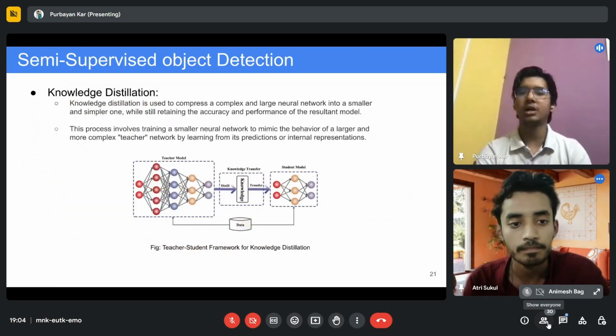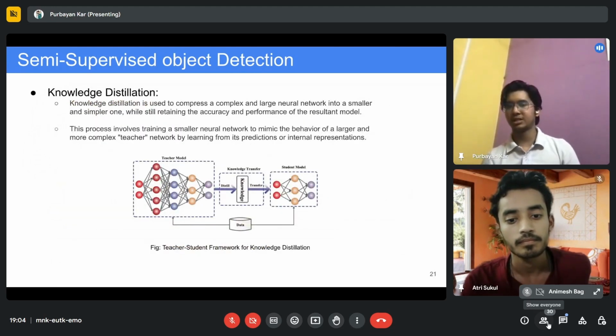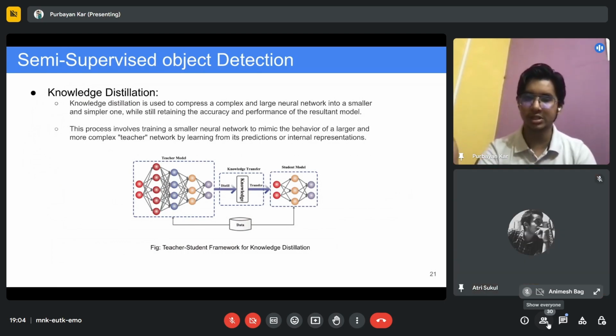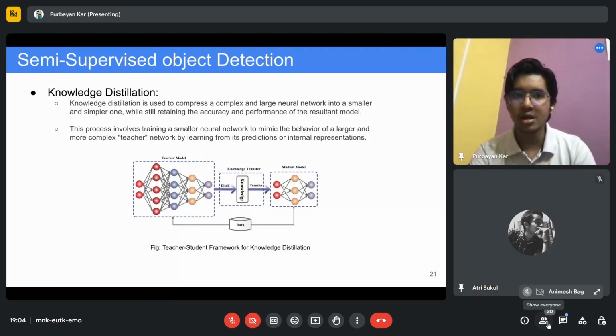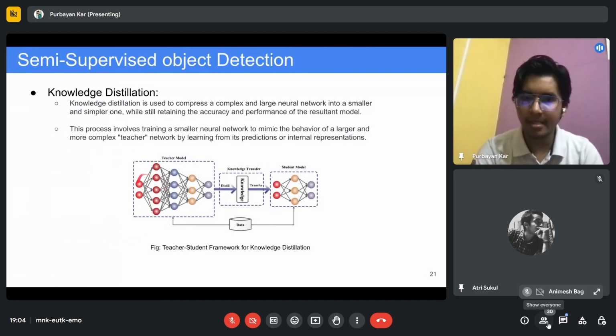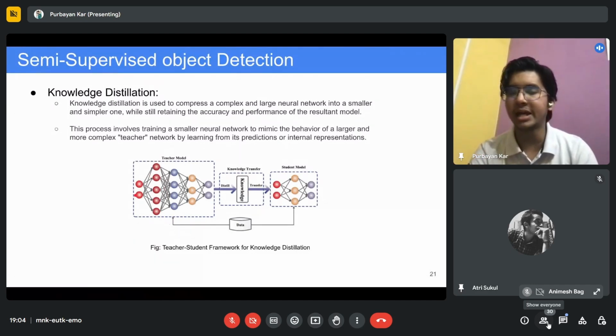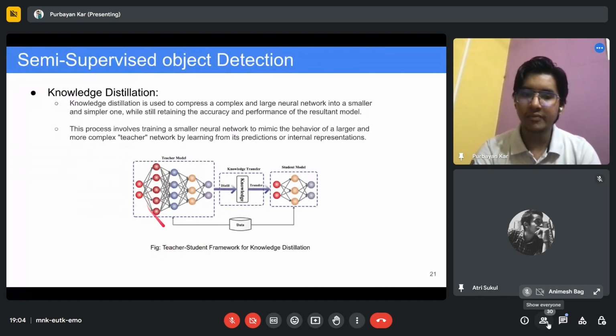Okay, so now I will explain this topic, knowledge distillation, very briefly. I won't go into depth because this is a very huge topic. Knowledge distillation is when you compress your large model into a smaller model. Let's say you have data, but you don't have time to train on the entire data. You have a model which has been trained on this particular data already.